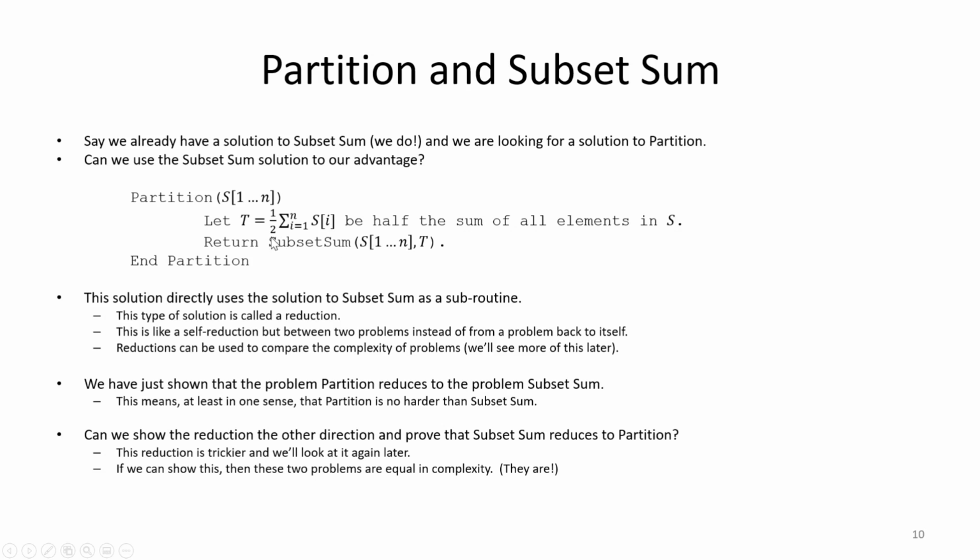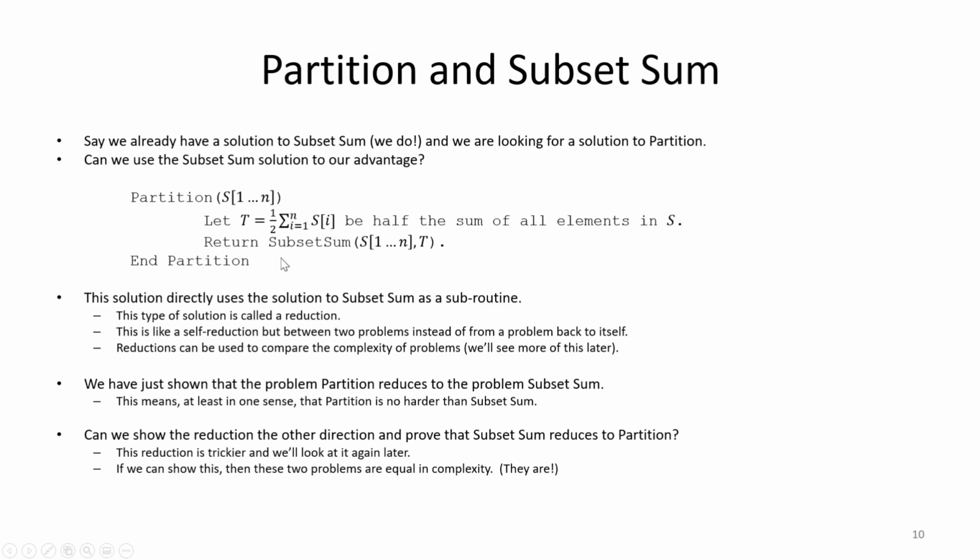If it returns yes, we return yes, and if it returns no, we return no. Or if it returns a subset that adds up to t, that's the subset that adds up to half of the total. So this relationship that we've done here, we've actually shown a reduction from partition to subset